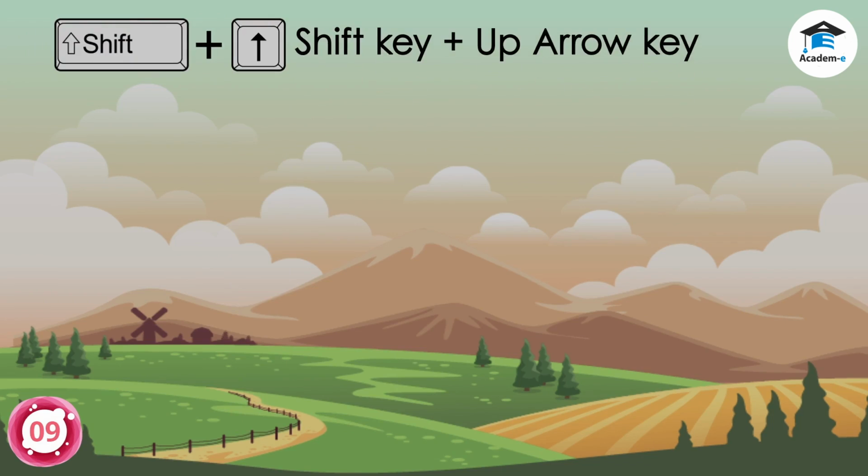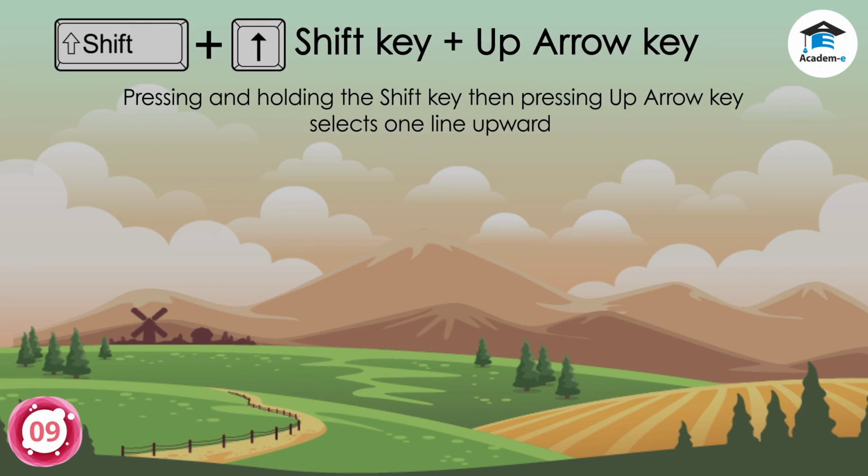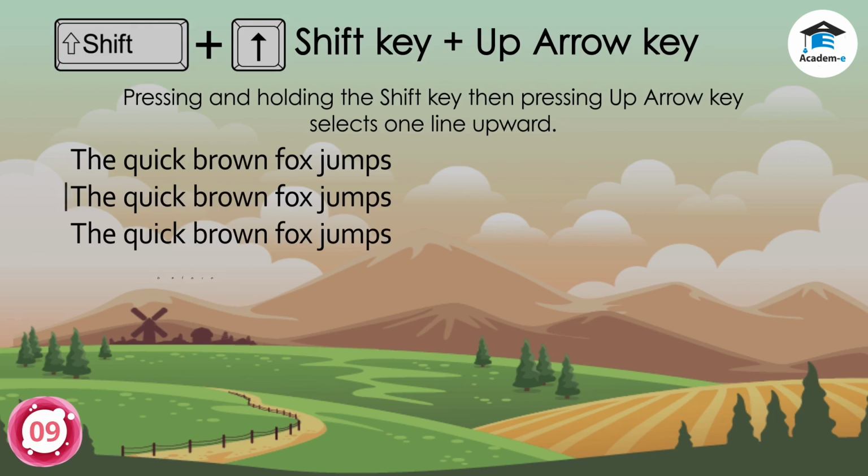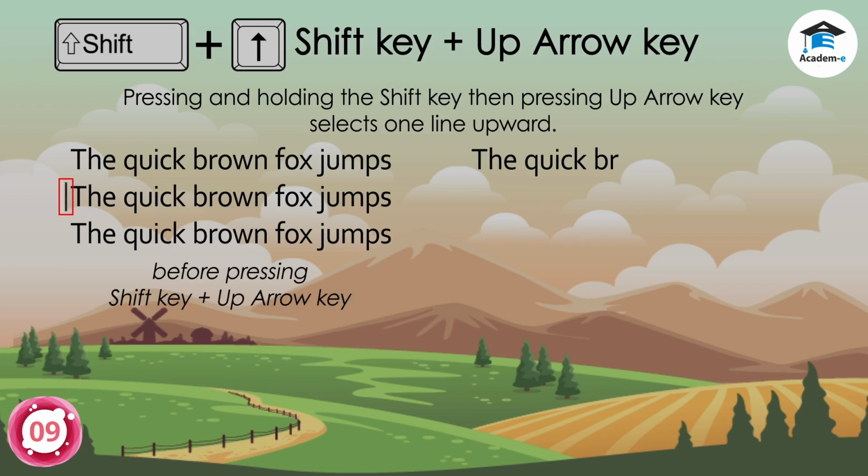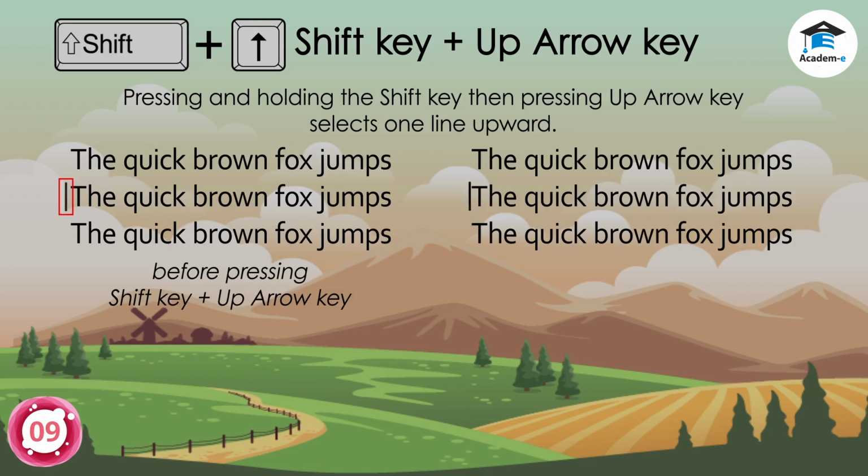Shift key plus up arrow key. Pressing and holding the Shift key, then pressing up arrow key selects 1 line upward. Before pressing Shift key plus up arrow key, after pressing Shift key plus up arrow key,